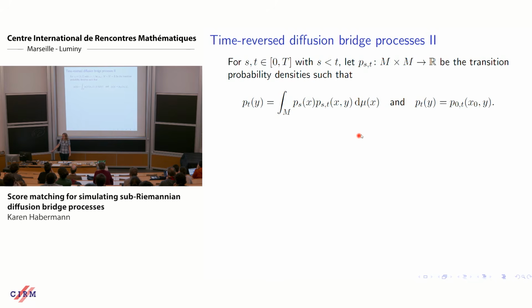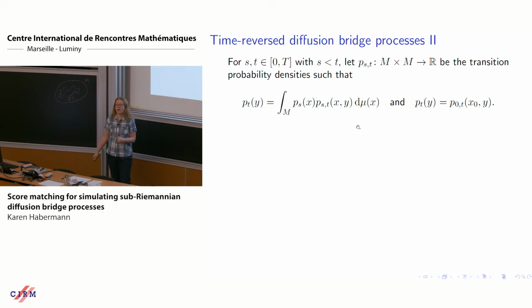And then I write it down here because this is a very convenient property. Basically, to understand how much mass has arrived at y by time t, equivalently, you can rephrase that: in time s, I go from a starting point x0 to anywhere on the manifold, and then I need to go from anywhere to the point I want to be at, y, in the time frame from s to t. So this is why you have this integration, how you can split this heat kernel.